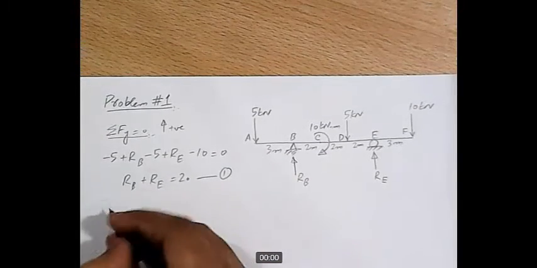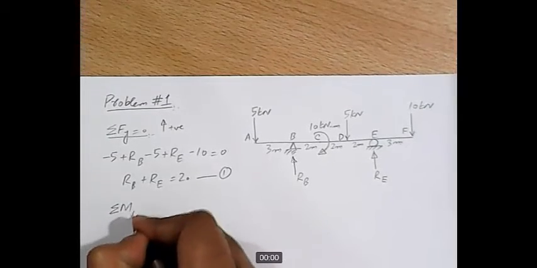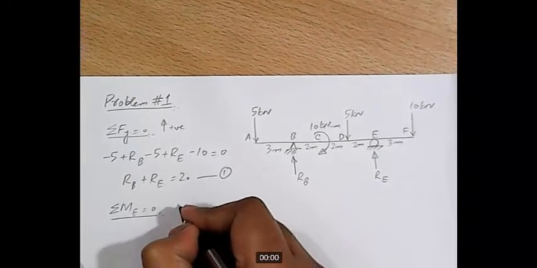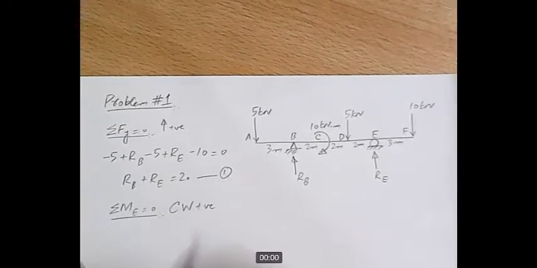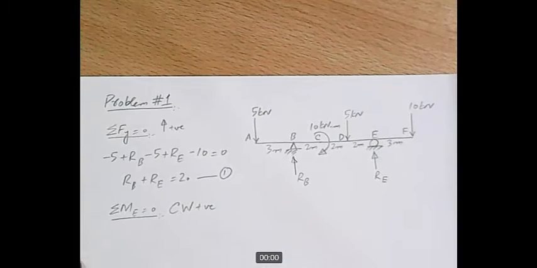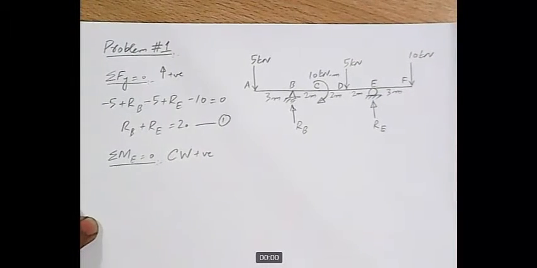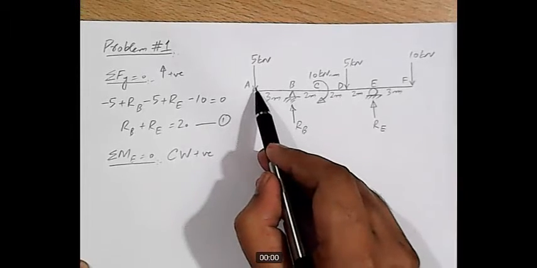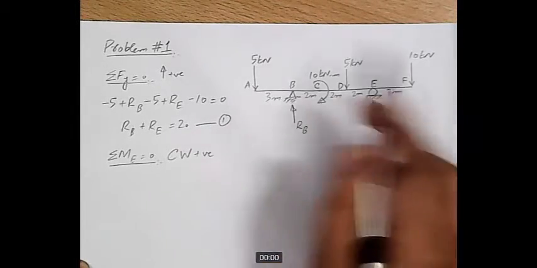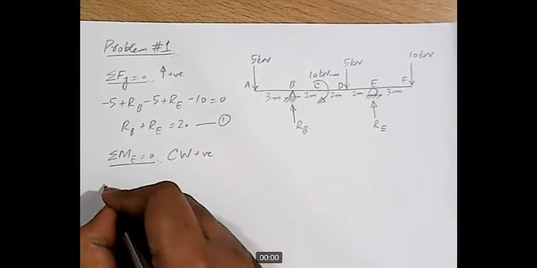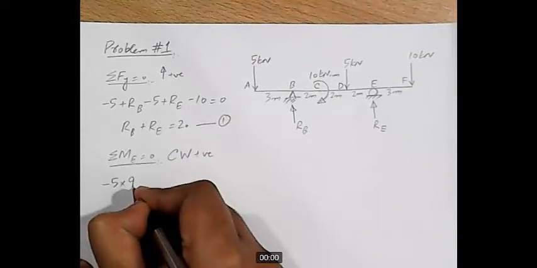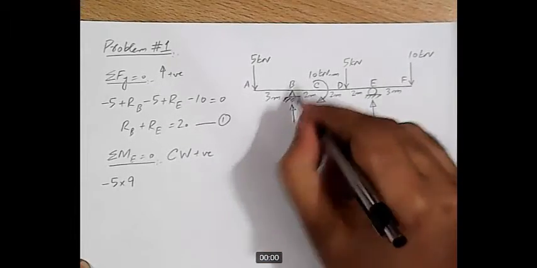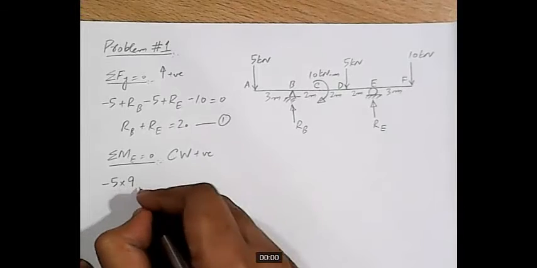Now let's apply sigma ME equal to 0 with the convention of clockwise moment as positive. About this point E, first of all, this 5 kilonewton force is producing moment in counterclockwise direction, so minus 5 and lever arm is 9, 3 plus 6. Then RB will produce moment in clockwise direction, so with a positive sign,